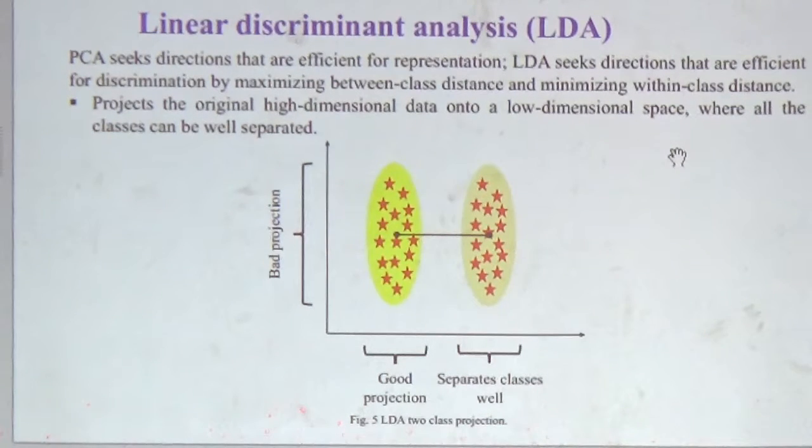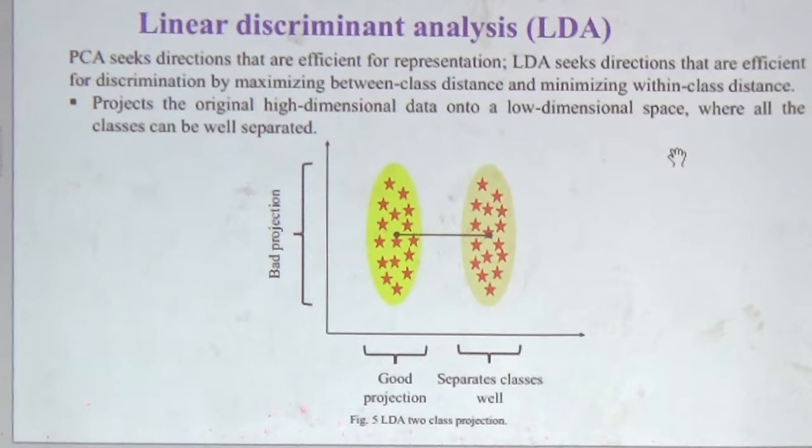So this is my question. Suppose somebody tells you that there are two classes in this data, on which of the axes should I project? I should project on this one. Because if I project here, I can preserve the separation between the data points, even in the projected data. If I project there, the separation between the projected data is lost. So the projected data points merge with each other, and I cannot say that one point is distinct from the other one. Whereas if I project these data points here, then I will be able to separate those two projected data point